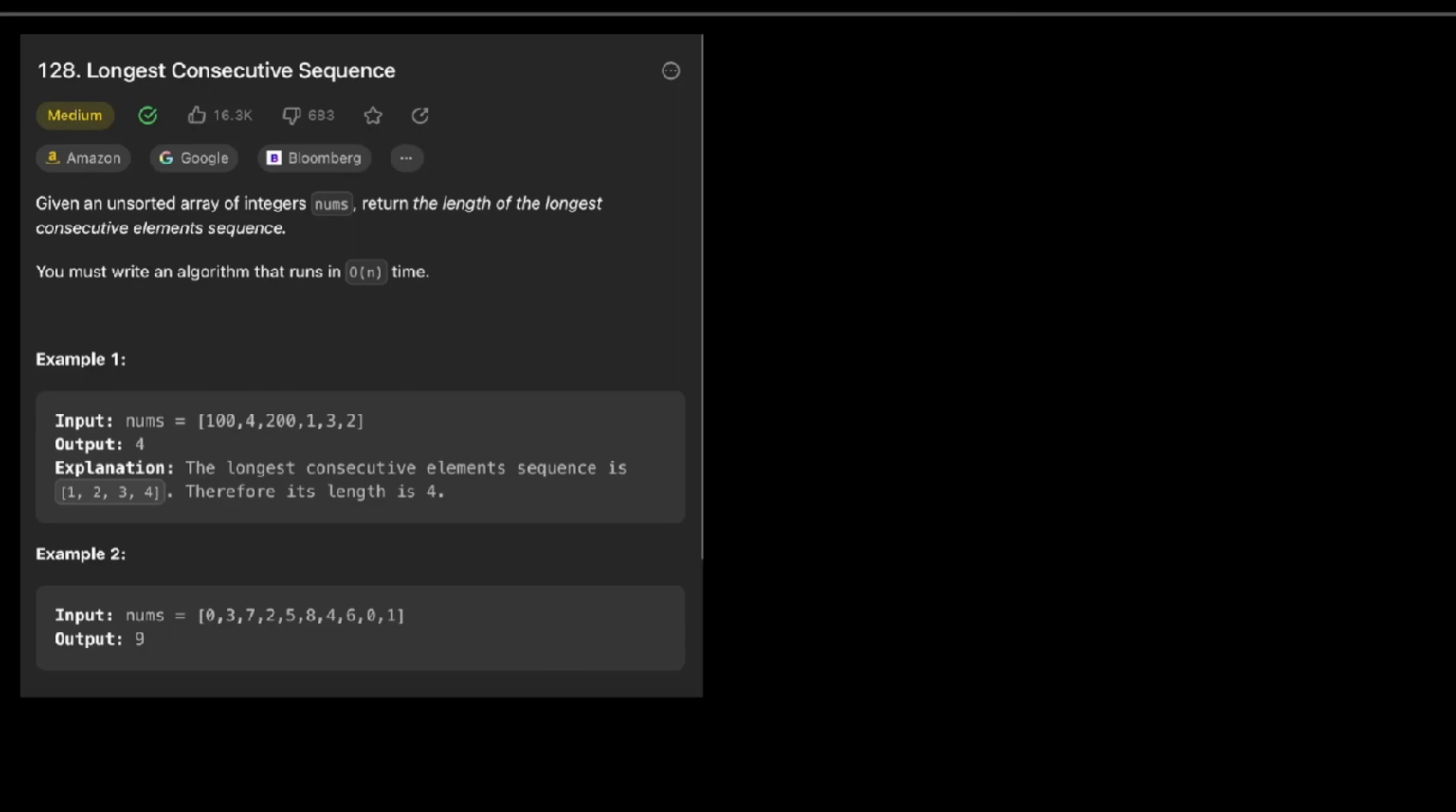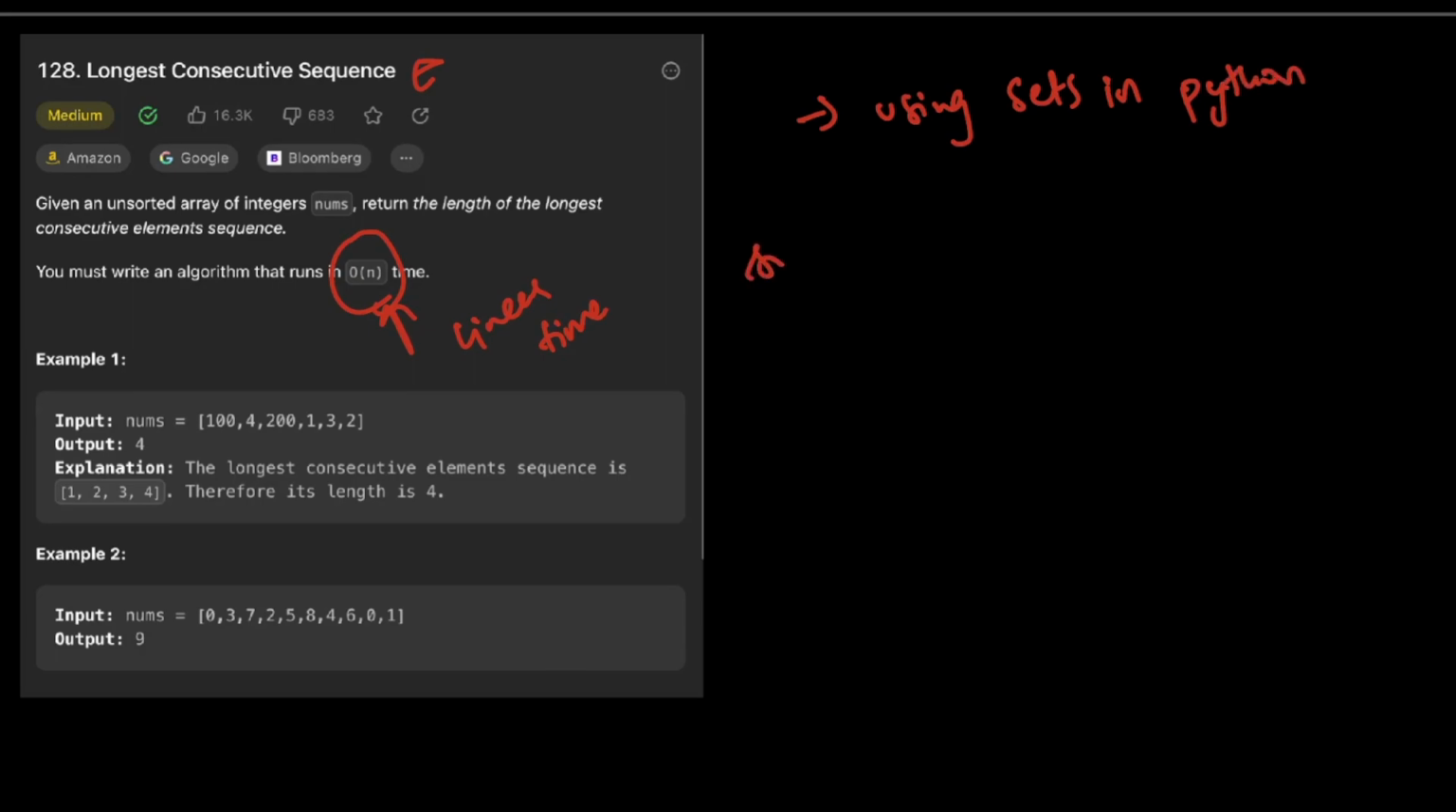A straightforward approach that we would generally think of is we can just sort the array and then iterate the array linearly to find out the longest consecutive sequence. But they specifically told us that we have to use an algorithm which runs in linear time. Hence, we come up with an approach using sets in Python. So the way we would solve this particular problem is that